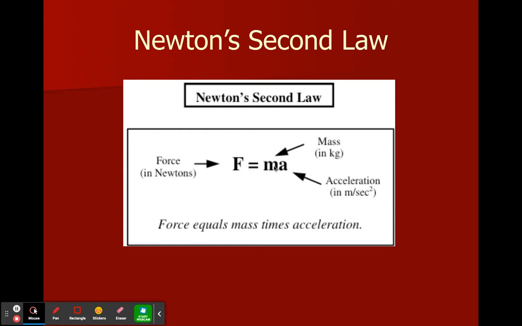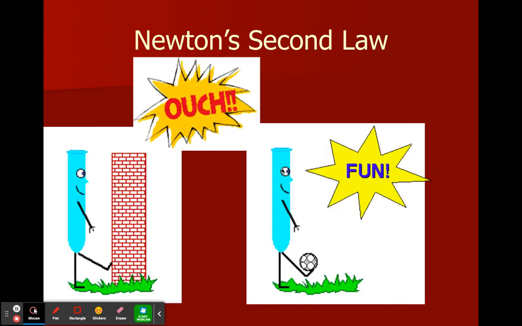Okay, the idea is a larger mass will take a greater force to get the same acceleration, or a bigger force on a mass will cause a greater acceleration. And we'll talk about that as we do the lab and things like that. How I remember this is probably not the cleanest way, but it's like when you get in a fight with your mother, you say, "What the F, Ma?" Okay, so F, Ma is our equation here. So force equals mass times acceleration.